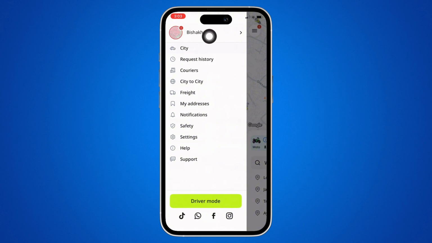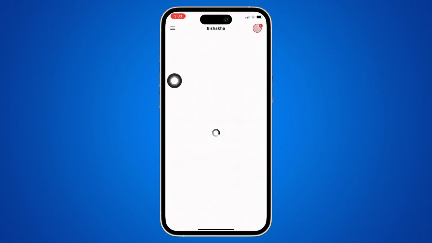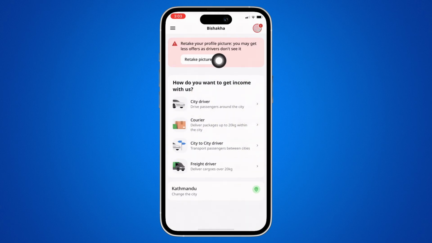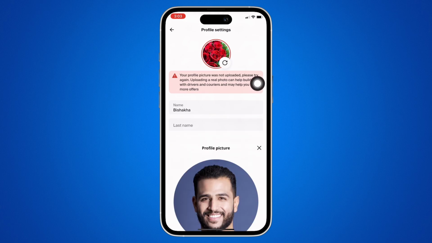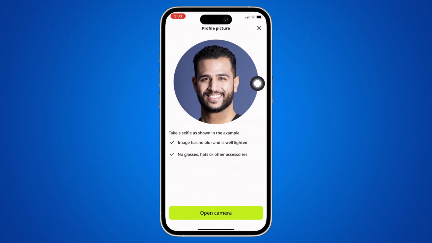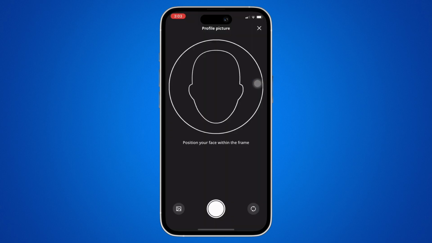So tap on your name on top of your screen and then tap on your profile icon on the top right of your screen, and now in the interface that you will be led to, you will be able to make changes to your profile picture. So tap on your profile picture option you see there, and now you will be required to position your face